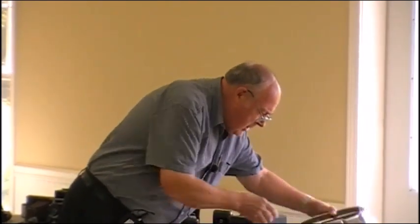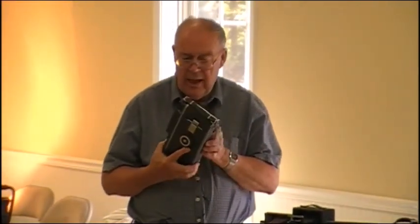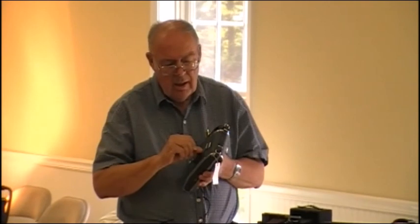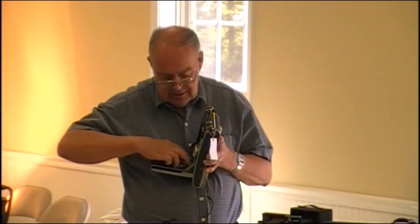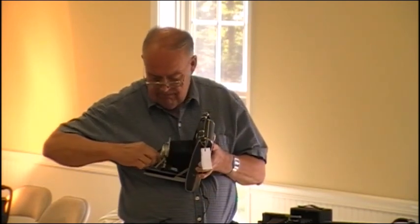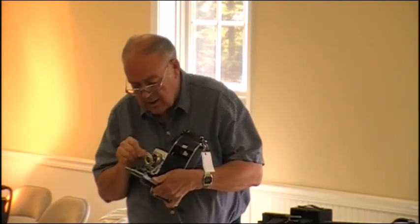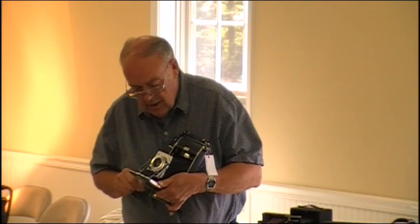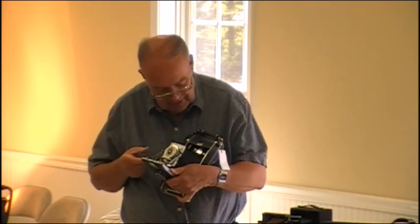Now this is very much like that first Polaroid camera I showed you. This is a little later version, but this is one heck of a piece of machinery. You press this, it pops open. Slide this out. Look at this built-in lens cap, isn't that neat? And it's got a lot of adjustments on the lens. You could shoot flash with it,